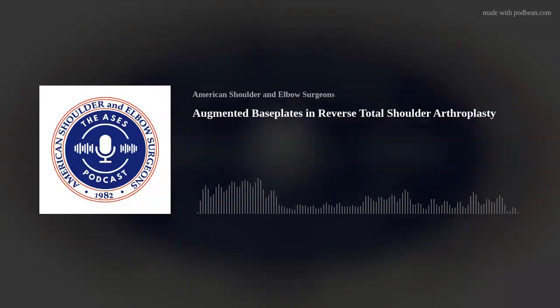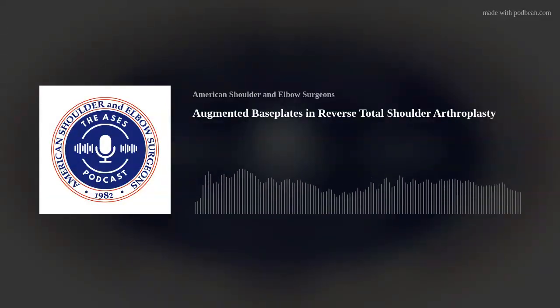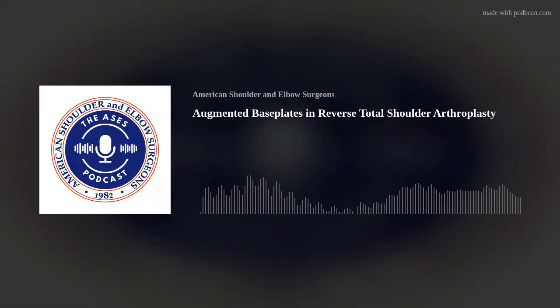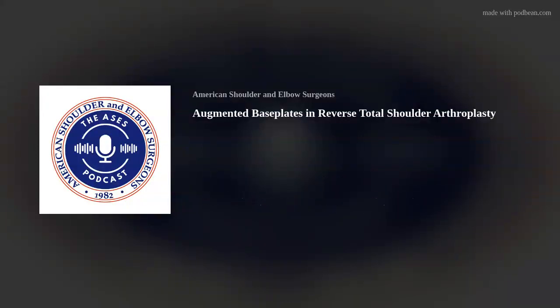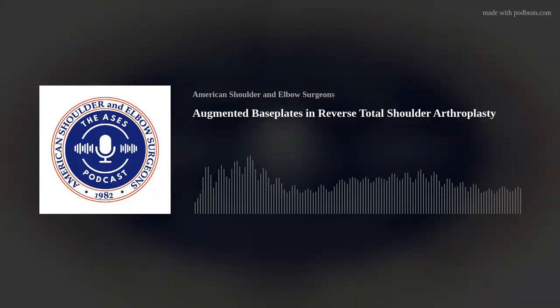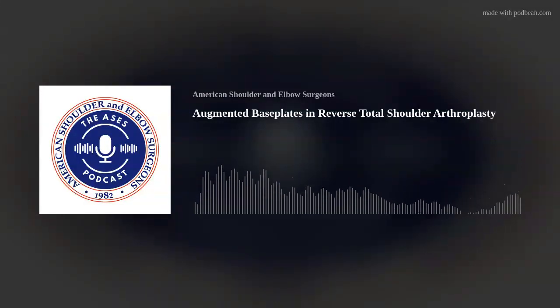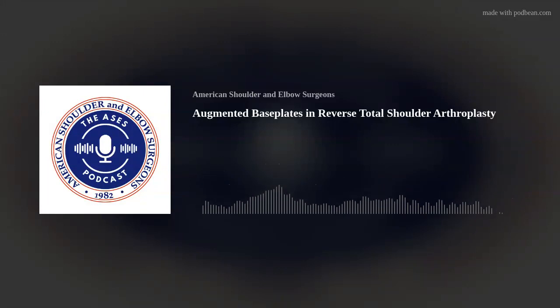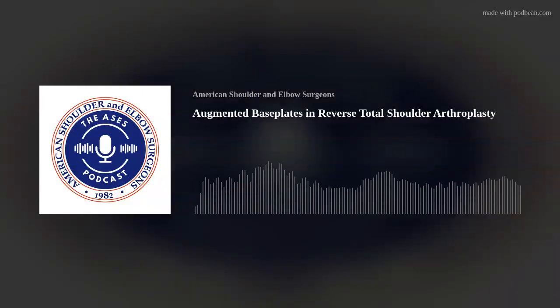I pack it either with, depending on the size, cancellous graft, and you can really pack it deep and get it pretty dense, or I'll use femoral head that I shape, and I get fixation on the far cortex. And I would say the vast majority of the time I feel comfortable doing that in one stage, and that's done well. I've had failures, but that's generally the way that I approach that.